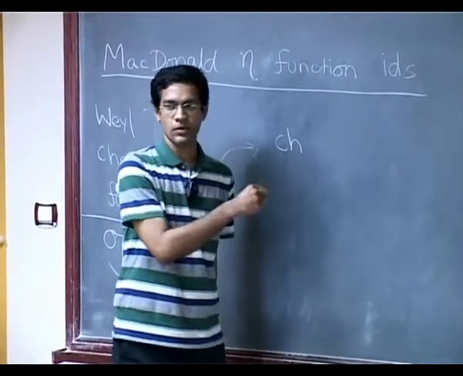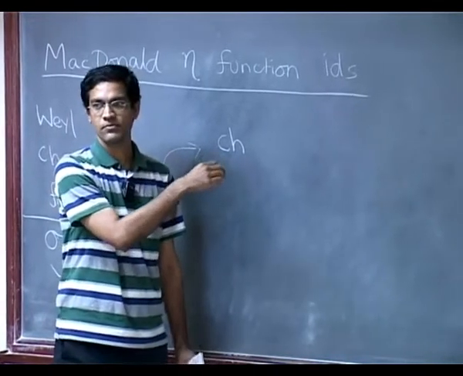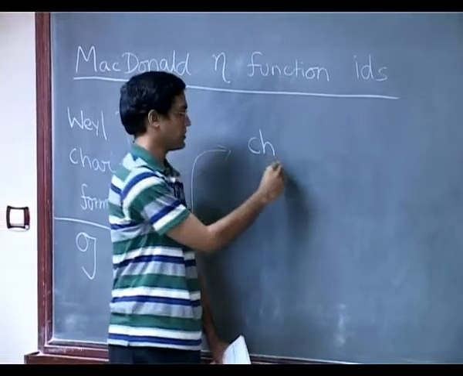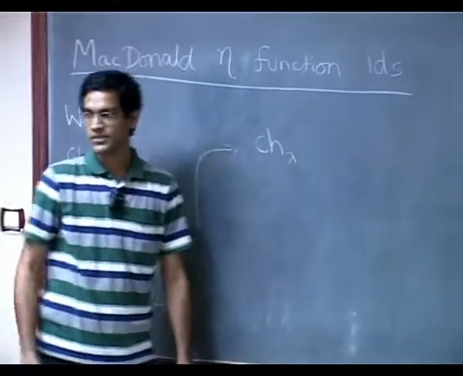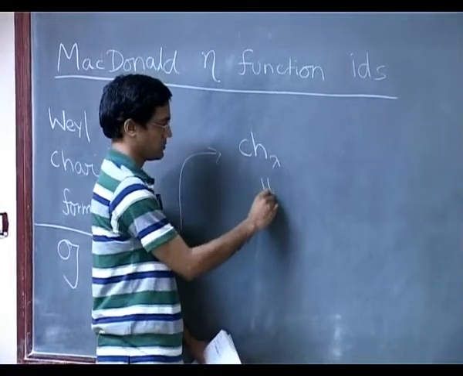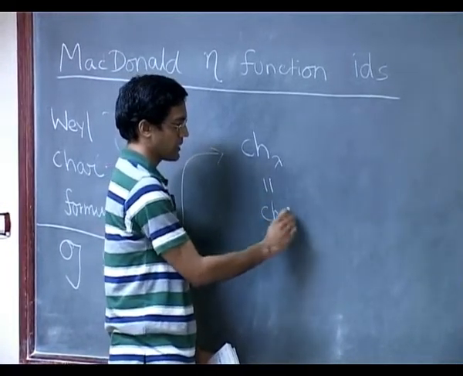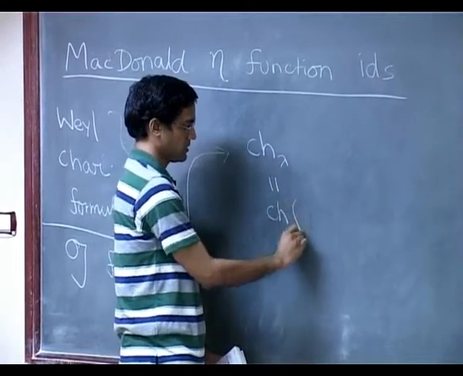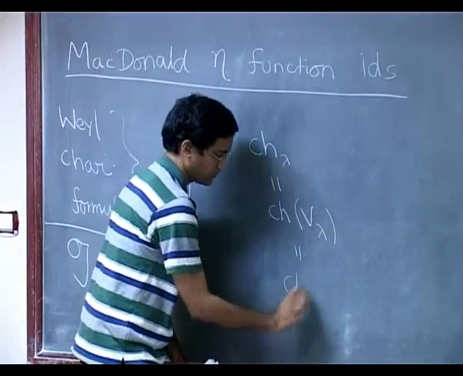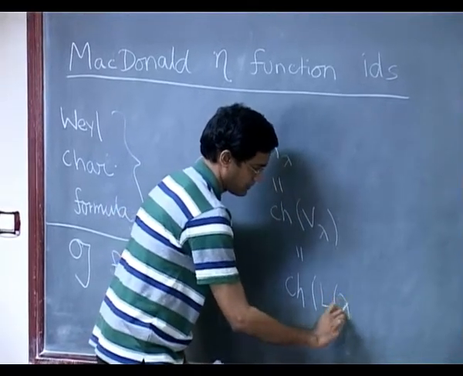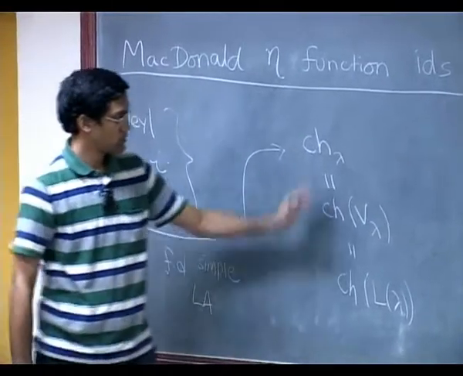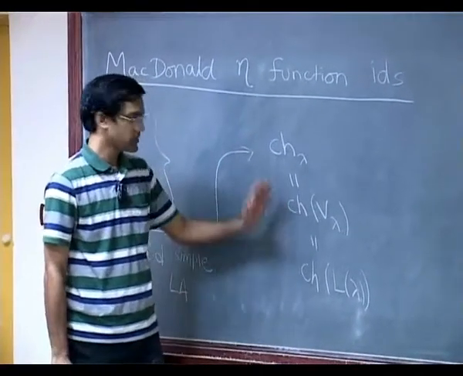What is the notation for it again? We have several of them. ch lambda here, this is Humphreys' notation, right? The modules themselves are sometimes denoted V lambda, or in the infinite dimensional setup, Raghavan used L lambda, for example. So, these are all of course varying notations for the same thing.